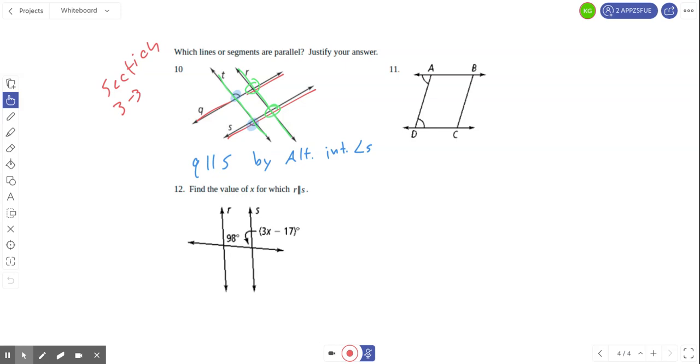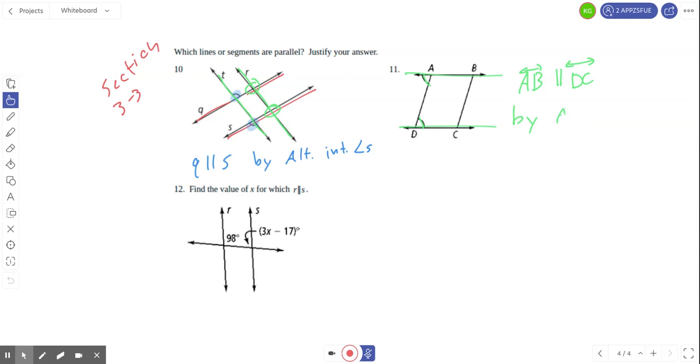We do know some angles over here on line segment AD, so we may be able to prove that line AB is parallel to line DC, and indeed we can. So line AB is parallel to line DC. And my reason, I'm just going to say by, and now what I have here is these two pair, and they're in alternate interior angles, which is another way to show that these lines are parallel. So we're going to say by